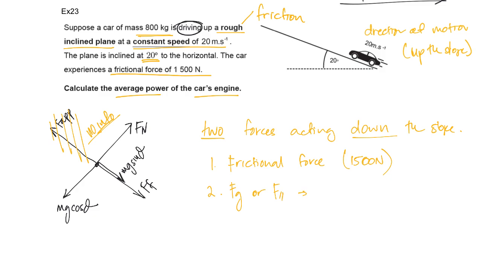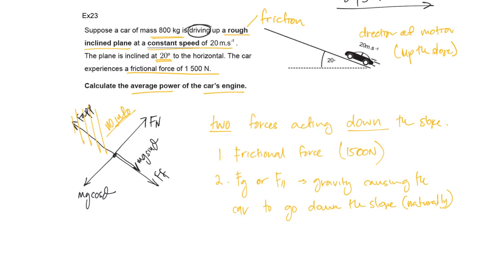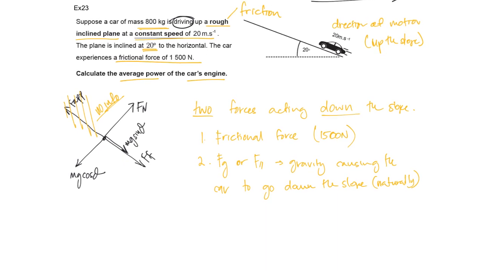So you've got gravity causing the car to go down the slope naturally. What we can use, a better value to use, is mg sine theta. And that's also going